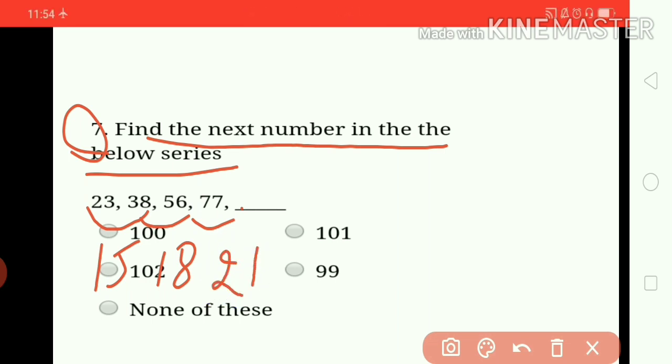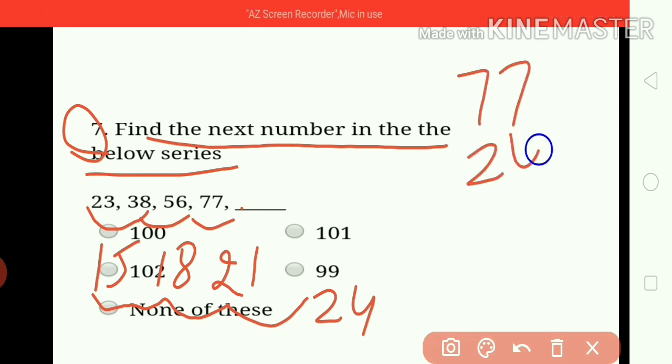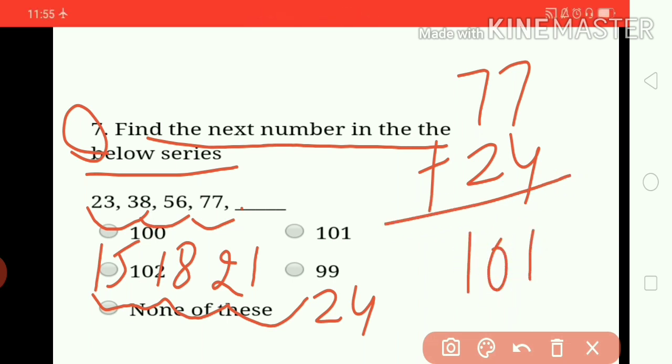So you can see here 3 5s are 15, 3 6 are 18, 3 7s are 21, 3 8s are 24, means next will be the difference of 24. So it is successively increasing by 15, 18, 21. So the next term that we are going to find will be increased by 24. So let us find 77 plus 24. This is 7 and 4 11, 7 to 9 and 1 10. So this is 101. This is the right option.